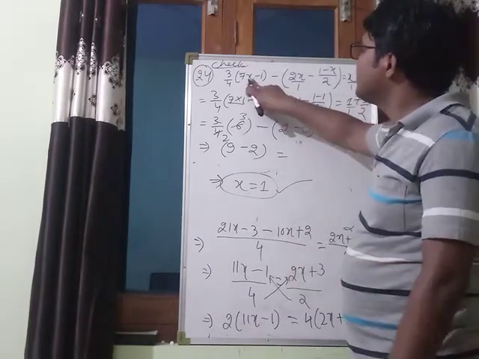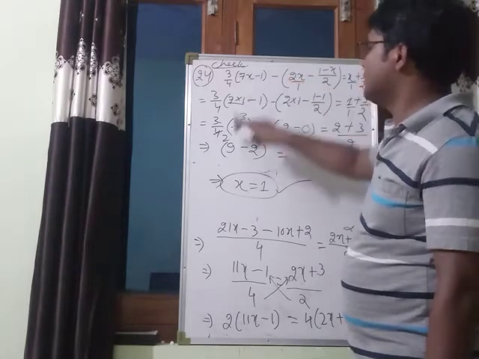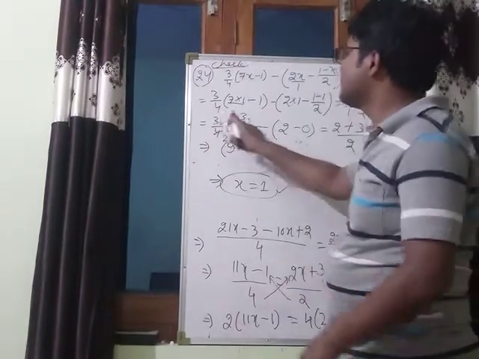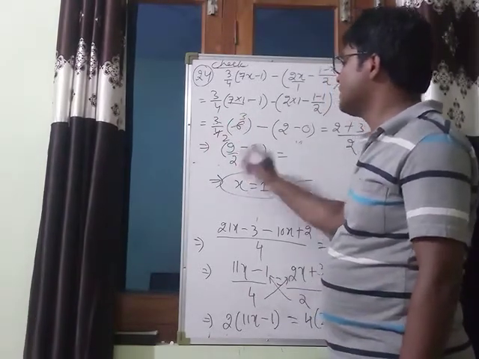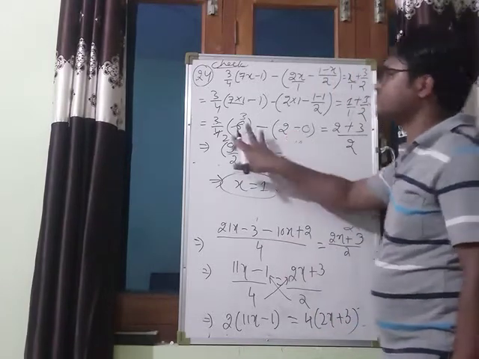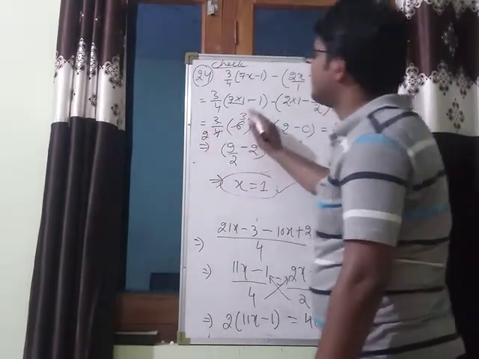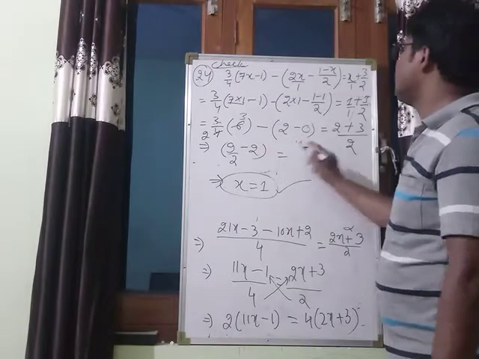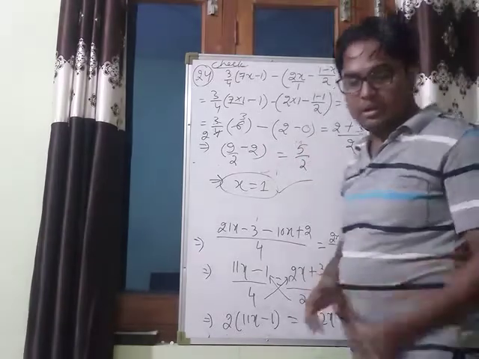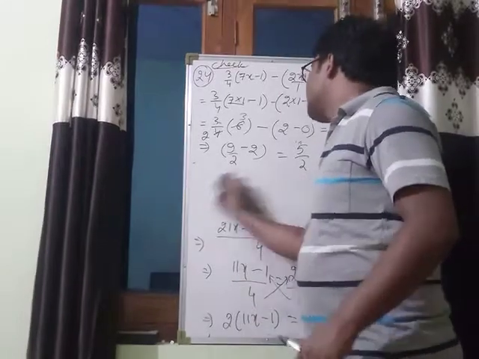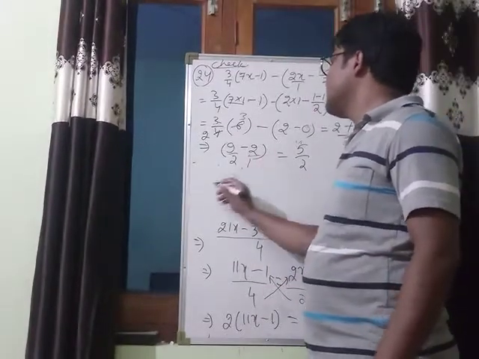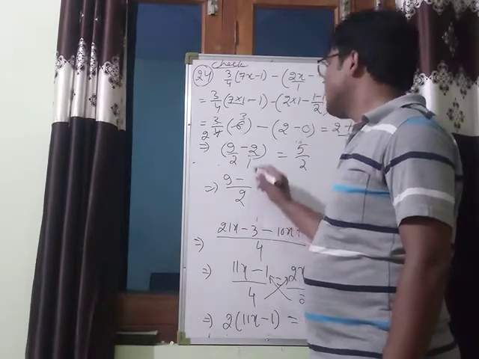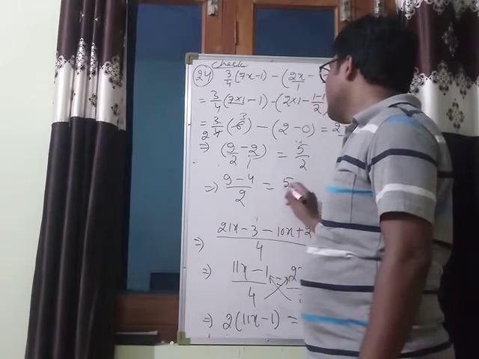So x is equal to 1 when we put it here. So see here, 3 by 2 will be remaining here. 3 3s are 9. Sorry, this is 3 3s are 9, 9 by 2 actually. 9 by 2 and minus this is 2. See this one. 2 2s are 4, 2 3s are 6. So 3 into 3, 9 divided by 2 and minus this one is 2, that is equal to 5 by 2. Okay. Now its left side, see this can be written as 2 by 1. LCM is 2. So 1 9s are 9 minus 2 2s are 4 equal to 5 by 2.